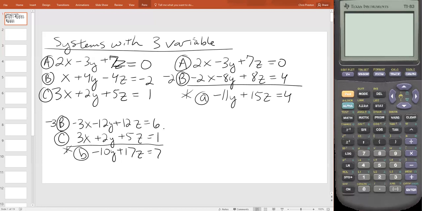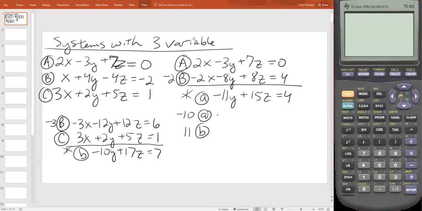It's not a great choice which one to match up. And like I said, the book likes to get rid of the y's next. So given the choices here, that looks like the best choice anyway. So let's multiply negative 10 times little a. So that'll make it a positive 110. And let's do 11 times little b, and that'll make it a negative